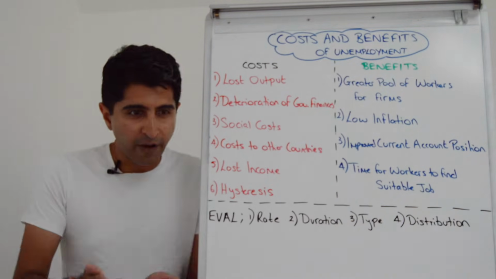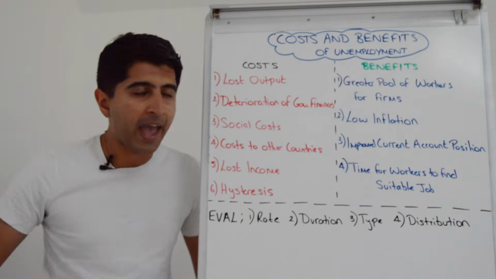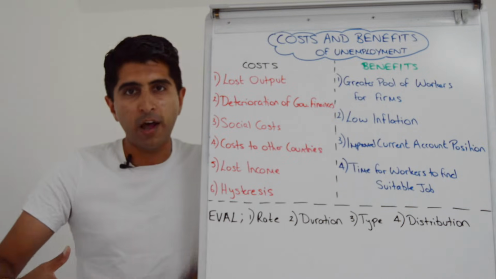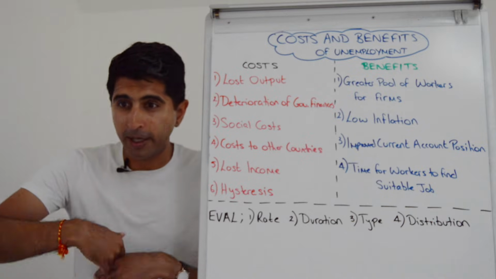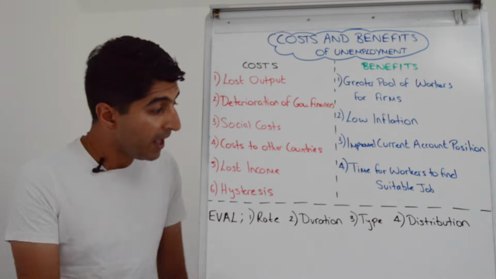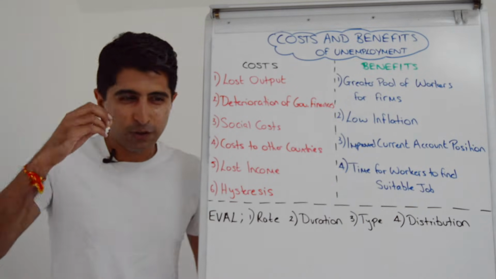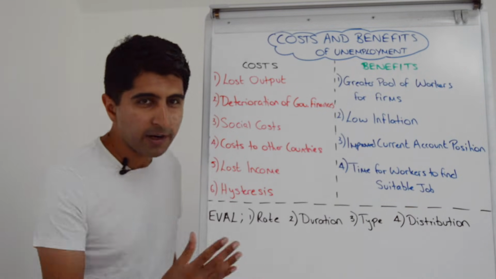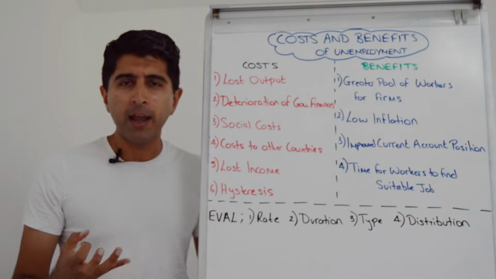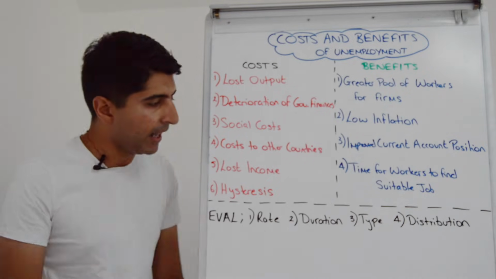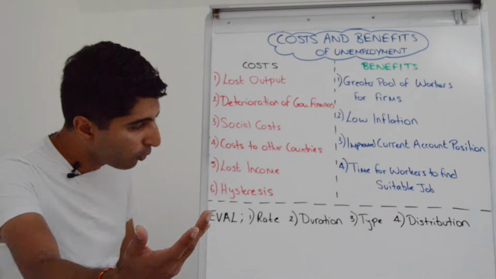Other countries suffer too. If unemployment is high in one country, other countries suffer because there'll be less demand for their exports, harming their economic growth potentially. Individuals who are unemployed, of course, lose their income source. Bad news for their living standards, for sure. That might drive them into relative poverty in a developed country, maybe absolute poverty in a developing country, a real concern. That can also then again feed through to those mental health issues, physical health issues, marital breakdown, family breakdown, not good at all. But also it might force people to be borrowing money in order to keep their living standards at a certain level. The danger with that, you're increasing the risk of bankruptcy and a big fall in living standards, and homelessness concerns from that.